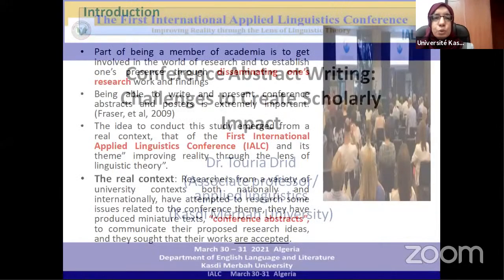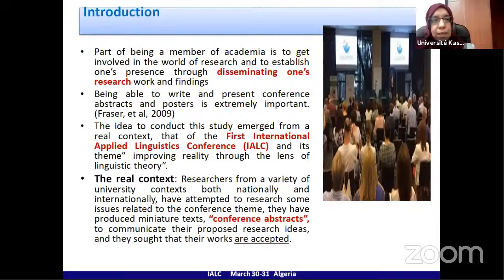Well, I introduce my paper by talking about the rationale. As my colleague, Dr. Olga, said, any member of academia has to be able to disseminate their research work and findings. Among the requirements of academia is to be able to write and present conference abstracts and posters. This is very important. So the idea to conduct this study emerged from the real context, which is this conference,